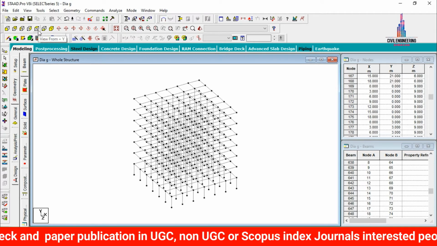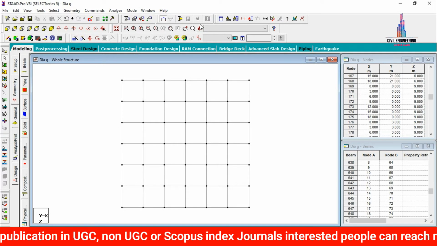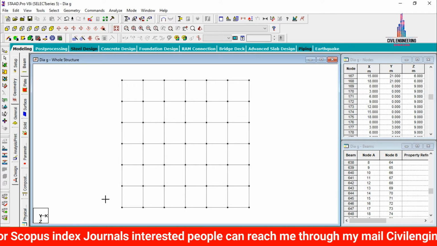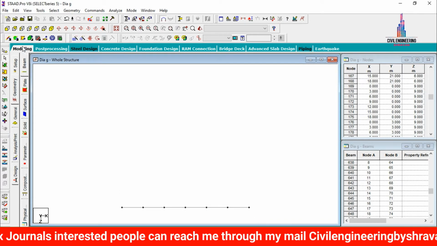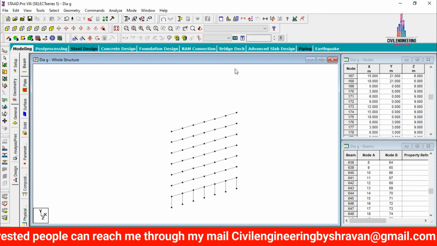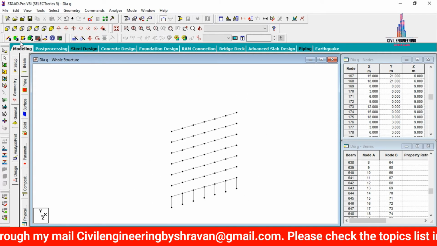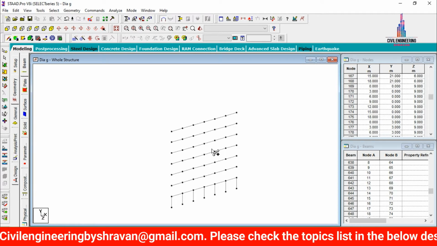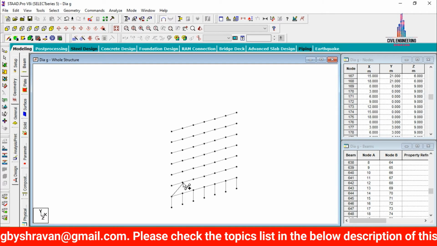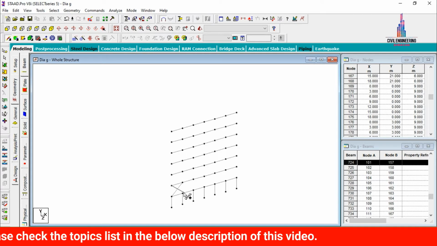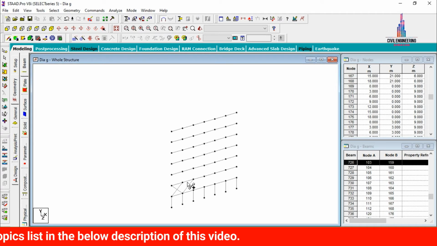Now we have to select the top view here. Initially we need to click on the cut section command, click on selective view, click on OK. Here we have to cut this front view for this section. Now we have to make the Diagrids for this model. For that, initially we need to select the add beam command option. Here we have to select this option. We have to connect this building section with the help of Diagrids like this. We have to connect the Diagrids at the first story initially.